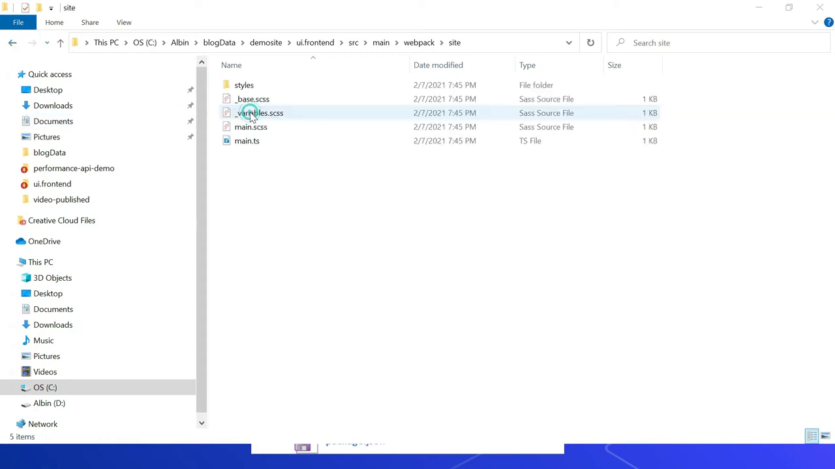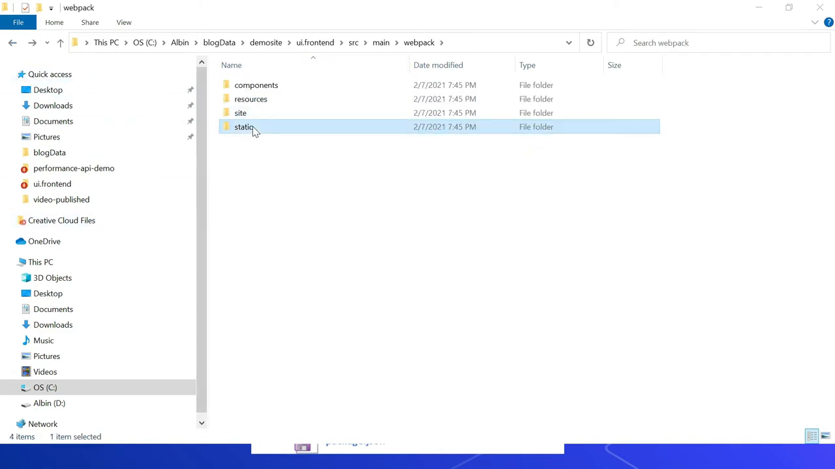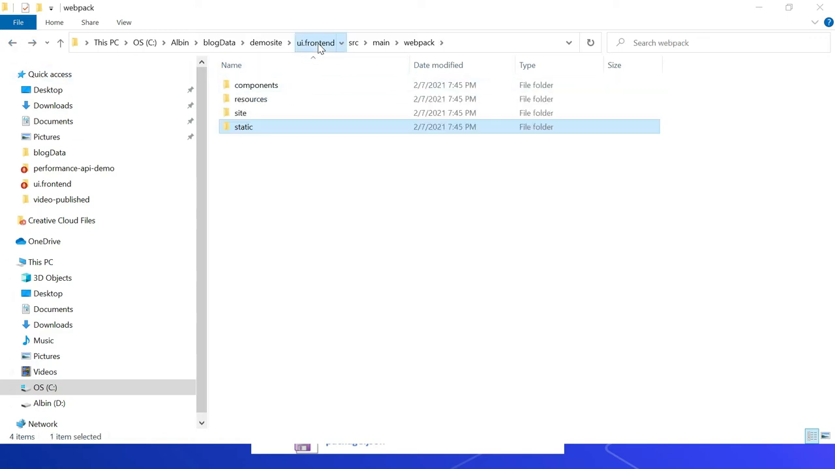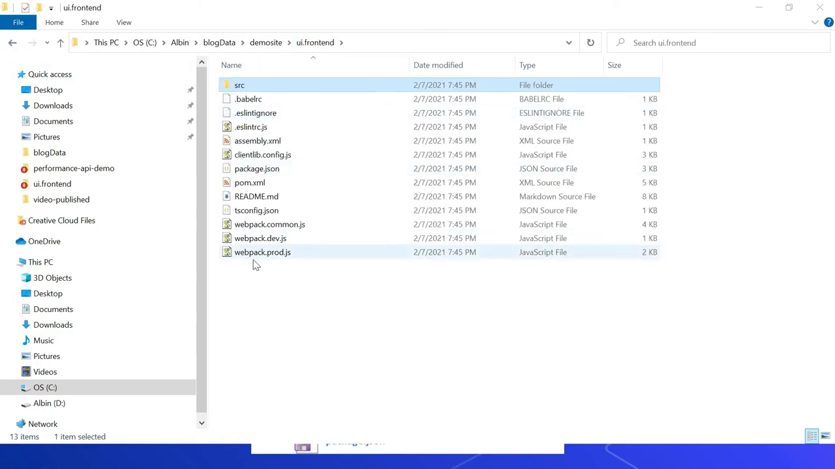Then site, this is site specific styles and also the variables. Also this is the entry point. Now if I go to static, it has a static HTML. Now if I come back, this has some configuration files like webpack.prod.js, webpack.dev.js, then common.js, then tsconfig.json, then clientlib.config.js, then